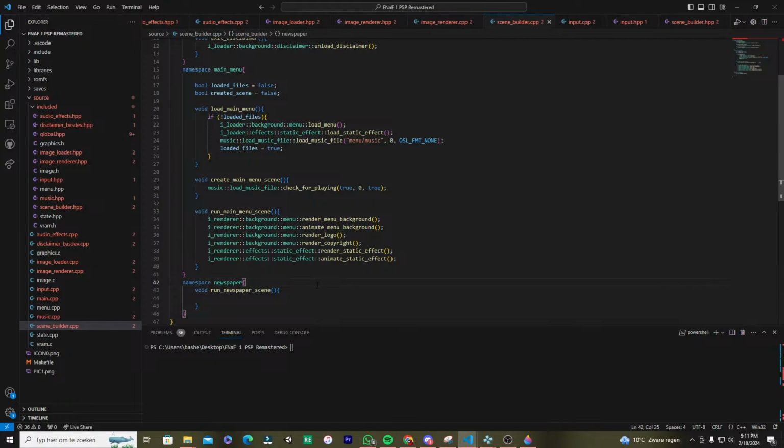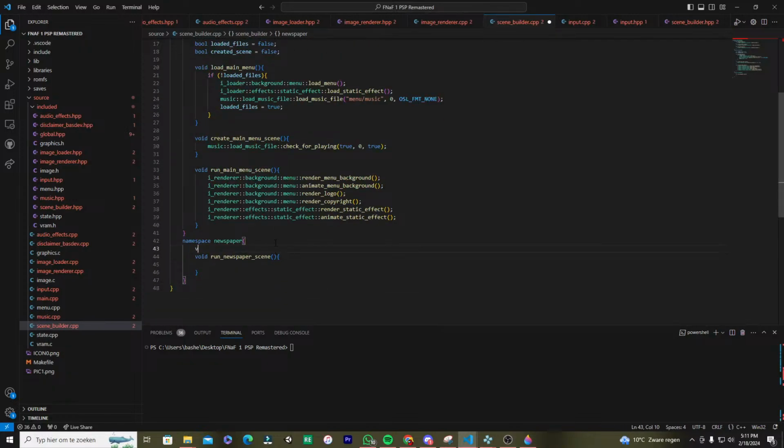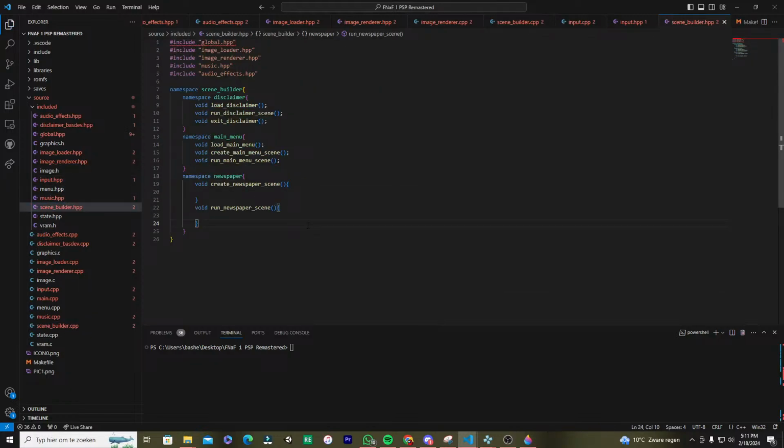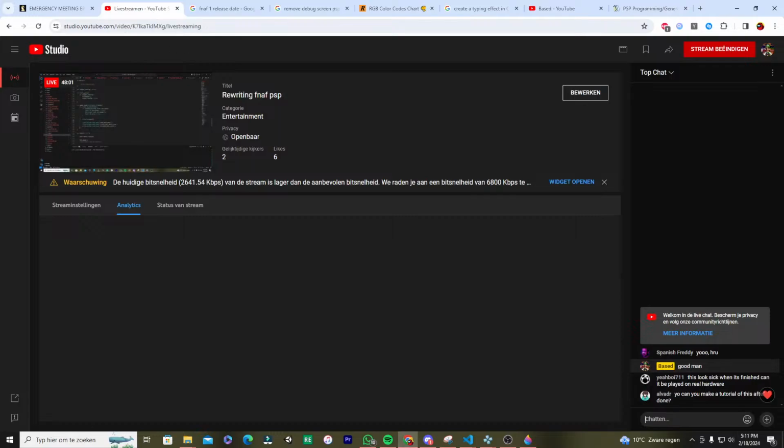And you can say void run newspaper scene, and then for example you say like void create newspaper scene. So I'm gonna quickly prepare this, and then we can just put that in our H++ file, scene builder, boom, put that in there, remove that real quick, make it a bit more neat, and then pretty much,